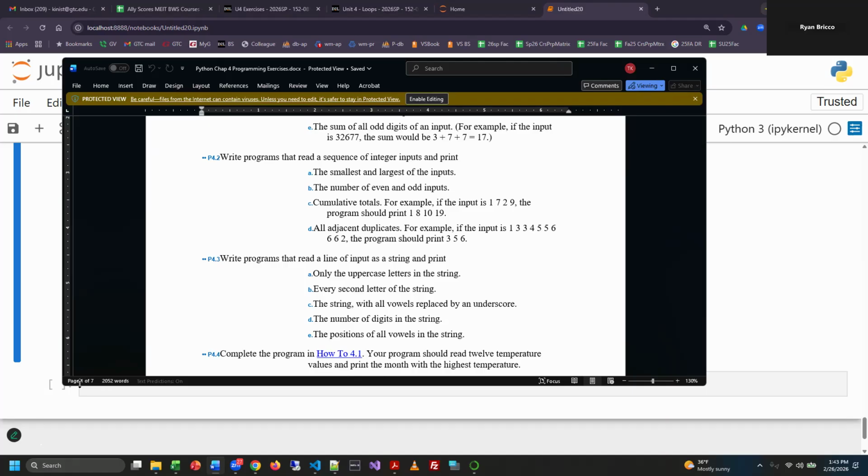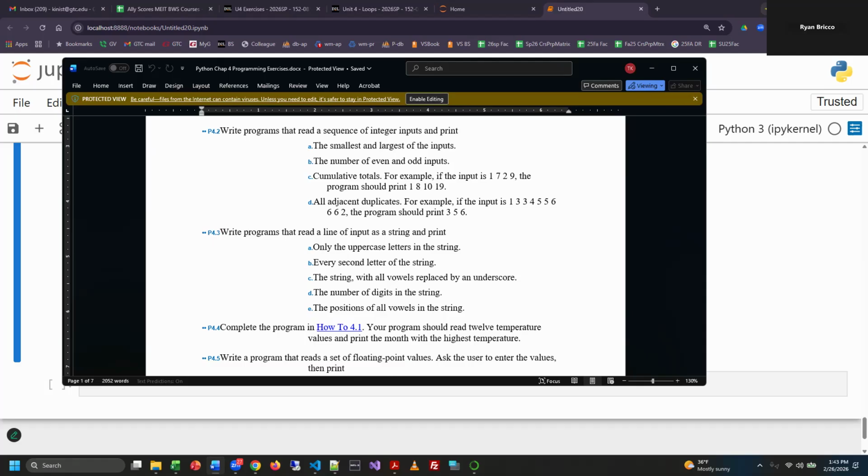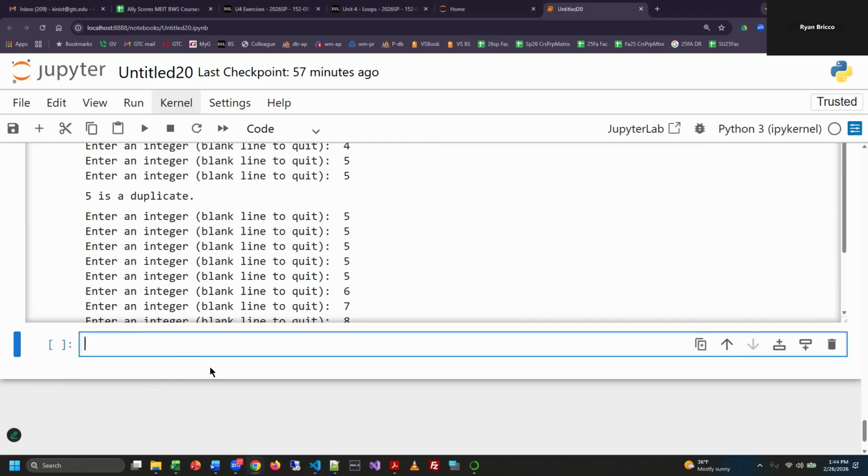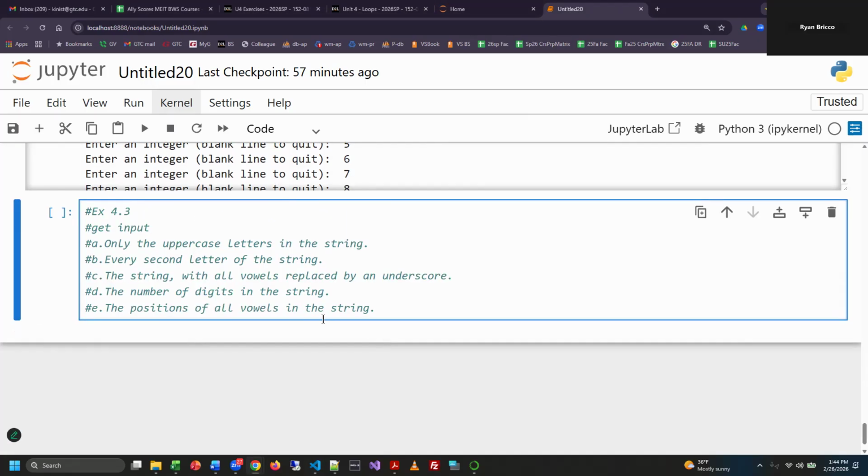From here, we move on to exercise 4.3. And I actually have this copied already, so I'm just going to come back here and I'll put this in the next box. So here's all the prompts, right? So we'll just do these one at a time. So